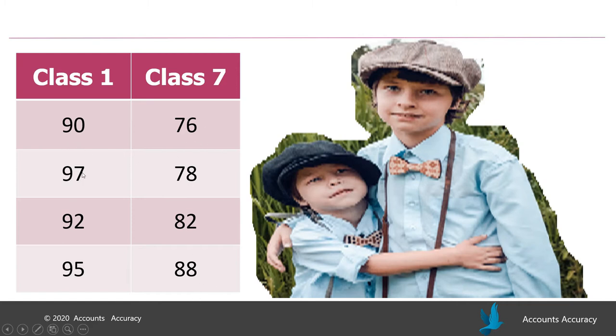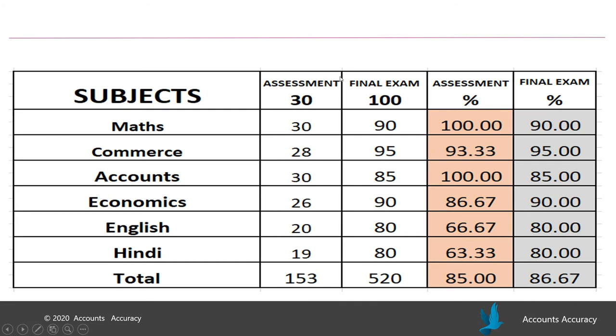In this case you don't have to find out the difference; you will directly find out the percentages of both the results and then you can compare the percentage difference. Let us understand it better with one more example. Suppose in your assessment you gave a test having full marks 30 and a final exam having full marks 100. To compare whether you have improved or not, you don't have to find out the difference of the marks, because that would not be correct, as the full marks of the assessment were only 30 and of the final exam 100. By finding out the difference you won't be able to know your progress.